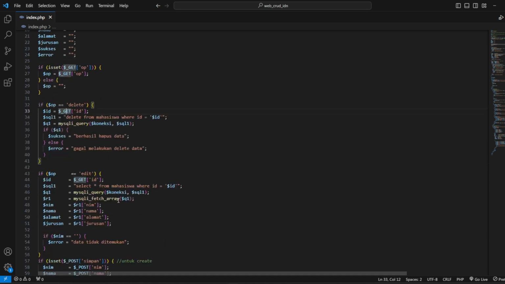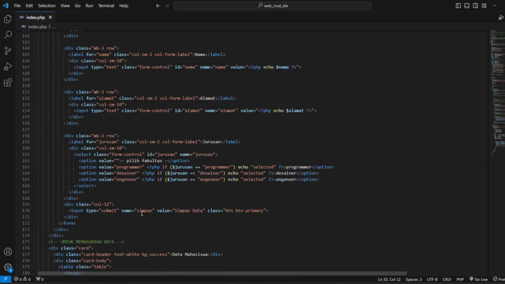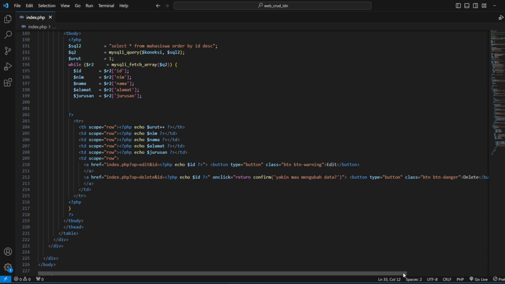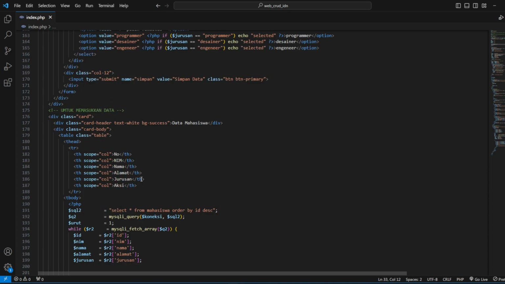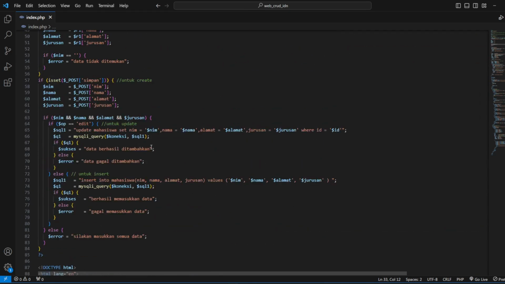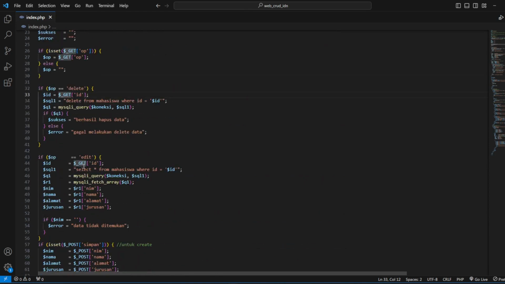Because in the delete, the default of method is GET.